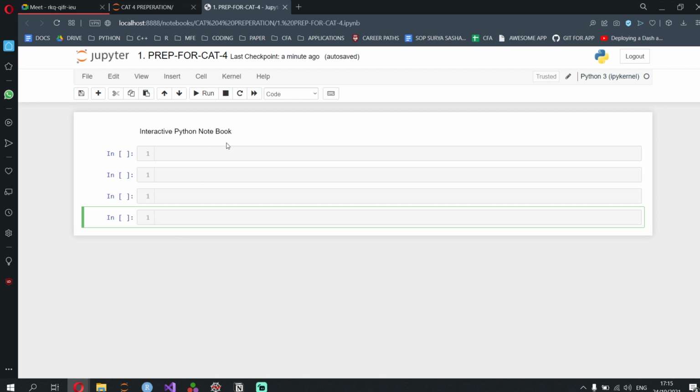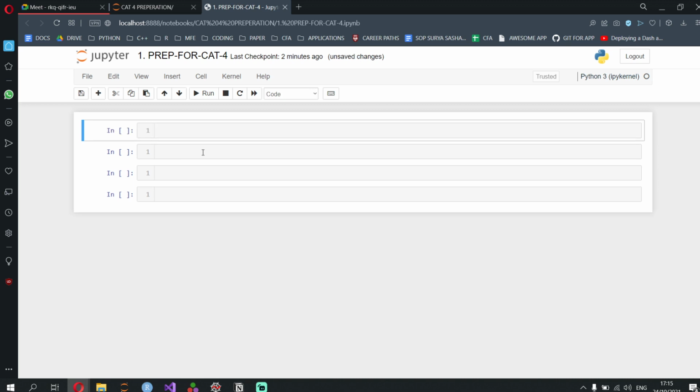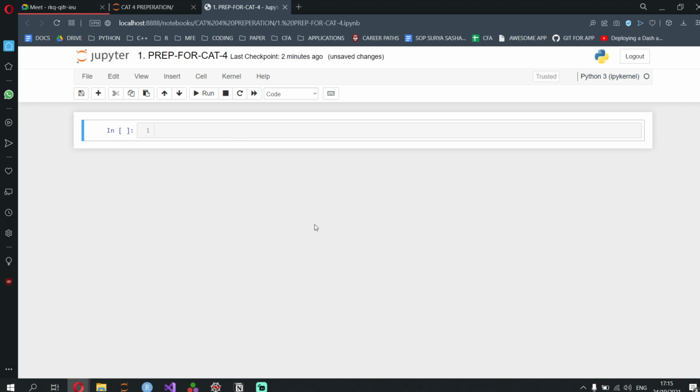The point of reproducible research is to have text, and then you can explain your text and everything. But if you had a program .py file, you can only put comments on it. You can't explain stuff on it. So that is with respect to what IPynb files are. When you open one, this is how it will look.